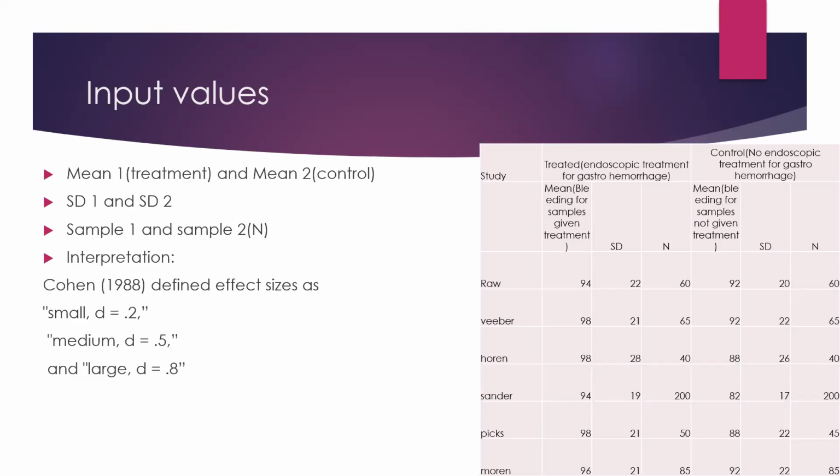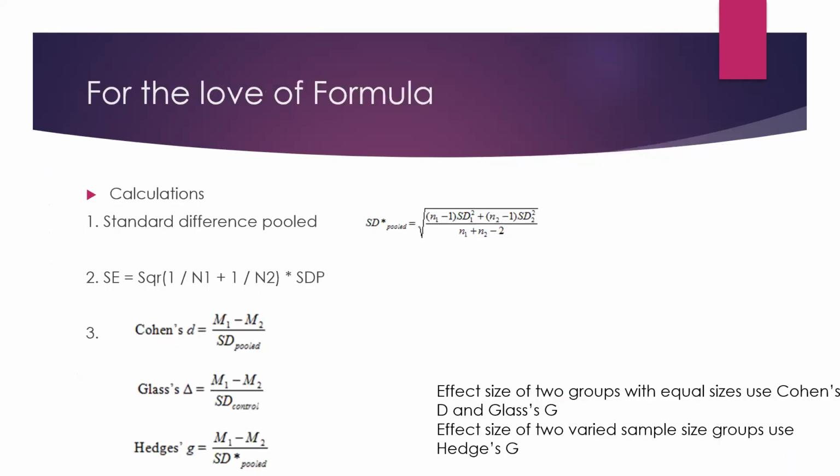Okay. If there aren't 7 papers where experiments have been done on gastrohemorrhage patients for the intervention called endoscopic treatment, by dividing the groups into treated and control, I cannot do a meta-analysis on it. I hope I'm clear. I'm repeating a few things, but I hope I'm clear. Now, calculation of effect size. Okay, I'm coming to the formula. So this is the formula to calculate the effect size: Cohen's d, Glass's g, Hedges' g.